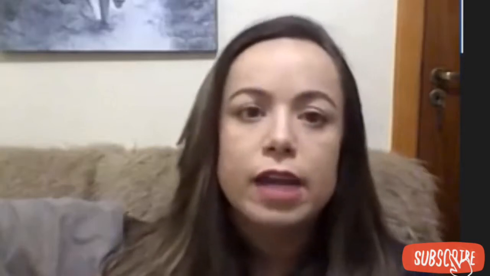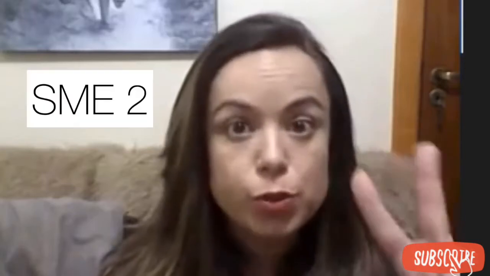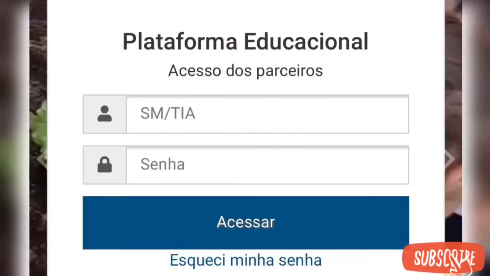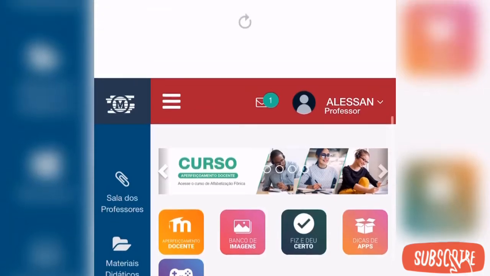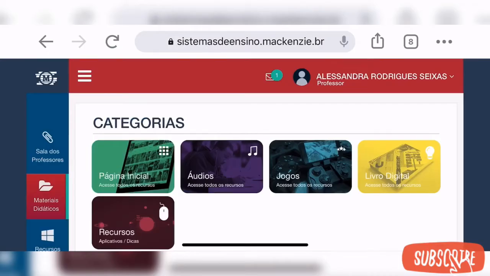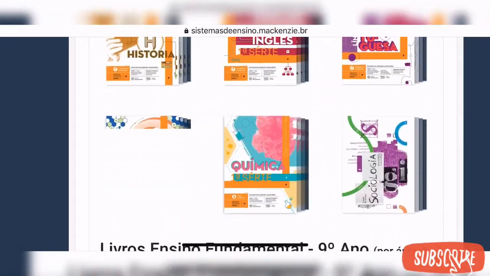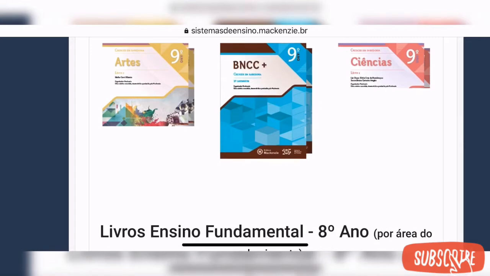So, if you don't have the SME2 with you, you're going to check on Moodle. You can enter the digital book there. You can check with the login and the password. We are going to check the SME2 there online, the digital book. So the first one, I'm going to show you the SME2 and some exercises to talk a little bit about